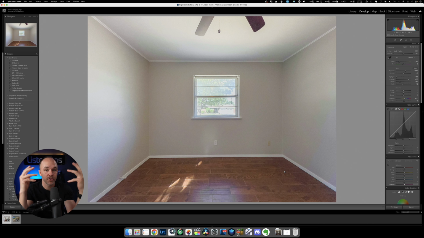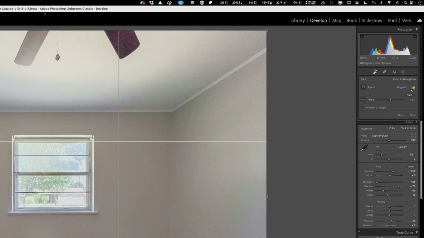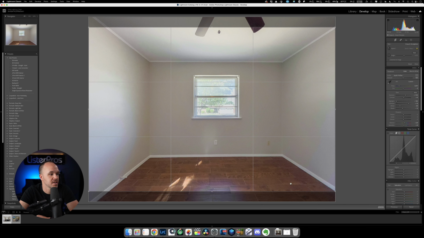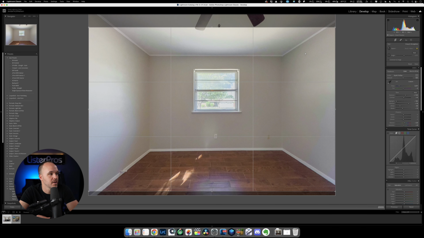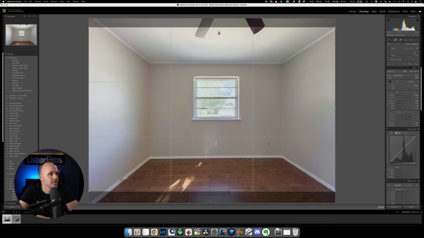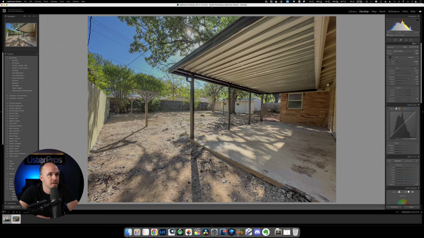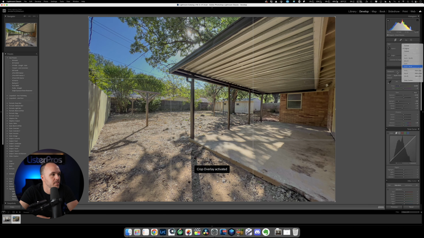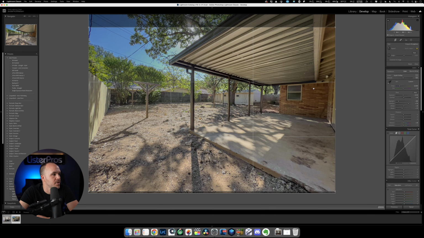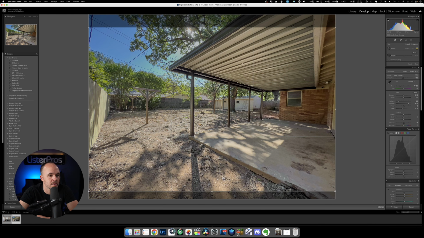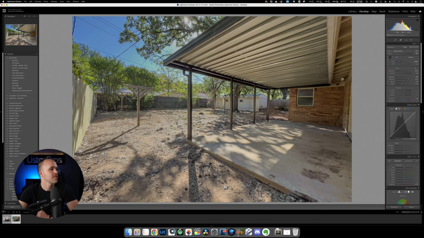Now the last thing, if you're editing iPhone pictures, is that the aspect ratio is not 3:2. That's your standard photo from a DSLR, and it's not. So you'll go up here to the crop tool. We can change it from original to 2x3, 4x6. It's the same thing, and you can see how it'll crop the top and bottom. You can move it if you want it to crop more top and bottom, but I thought that looked pretty good. And then same thing here, we'll crop it 2x3. I'll probably bring it down. I think it looks all right. I was thinking about getting that little sun out of there, but